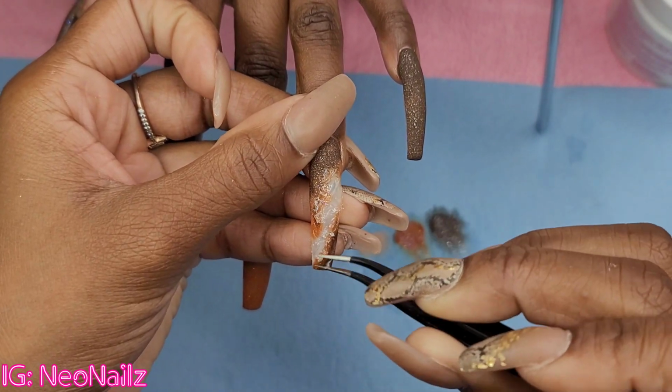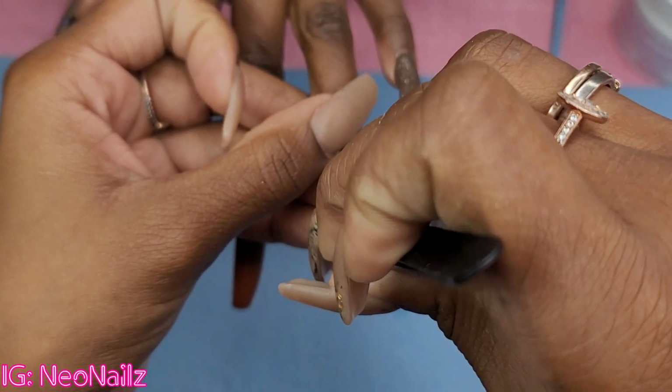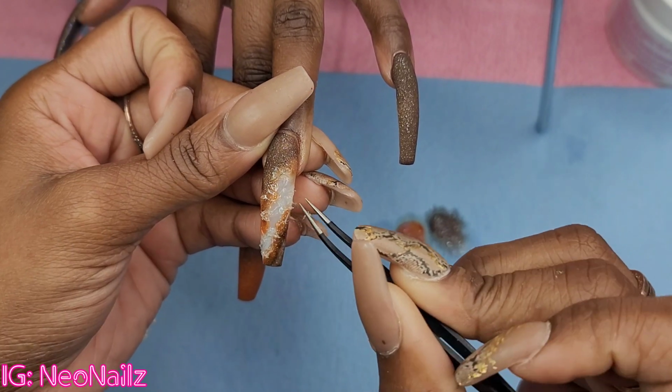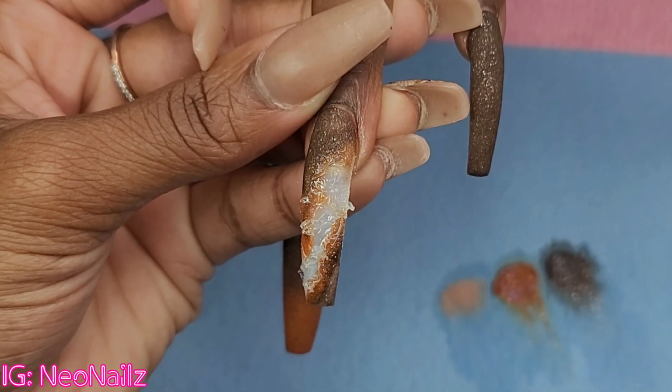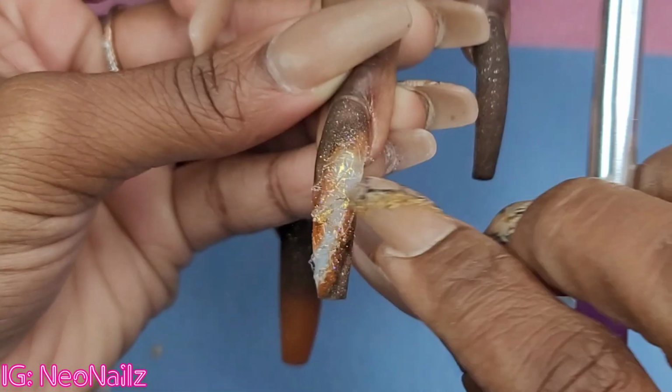What I decided to do, because it doesn't look nice, because I forgot that the tip was not clear, is this. If you're planning on doing something like this, definitely have a clear tip. I know that I'm going to try this again with a clear tip and it's going to be fabulous. But I just went in with a gold chrome